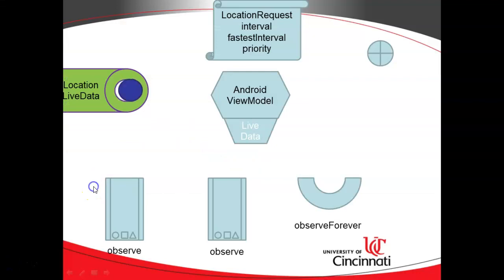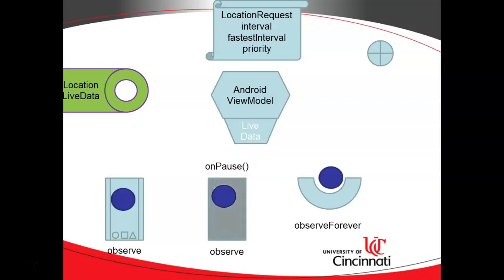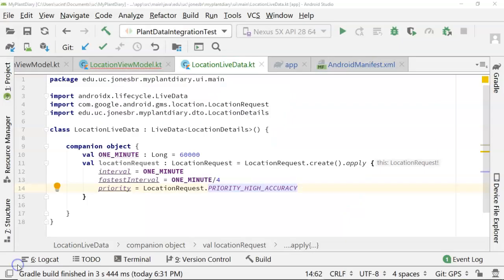Now we know the way that live data works. When the live data changes, anybody who is looking at the live data, or watching or observing if you prefer, will see that the live data has changed. If someone stops looking at the live data, perhaps it goes to a stop state or a destroyed state or something like that, it's no longer looking. Now there's a handy function that we have on live data, and it simply tells us if someone has started looking or nobody is looking. We can use that very valuable function to tell us that we want to subscribe to GPS when at least one person is looking at us, or if you prefer, one activity, one fragment,